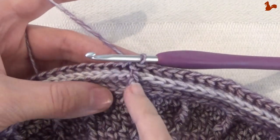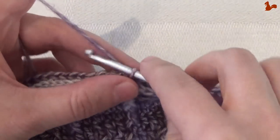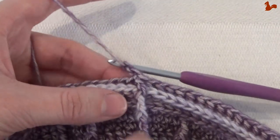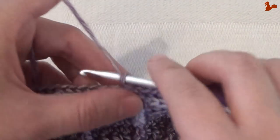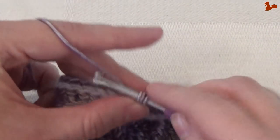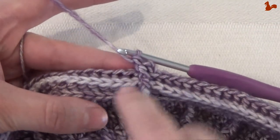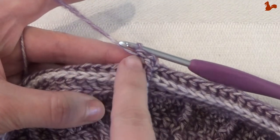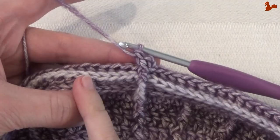Round 39, going to continue where we joined with a slip stitch. Going to make a chain 2. This counts as my first half double. Now around this front post double crochet, I'm going to do a front post double. So around that front post double crochet, do a front post double. We're now going to work a half double on the next 37 stitches. What we're going to be doing is we're going to make a front post stitch and then 37 half doubles,